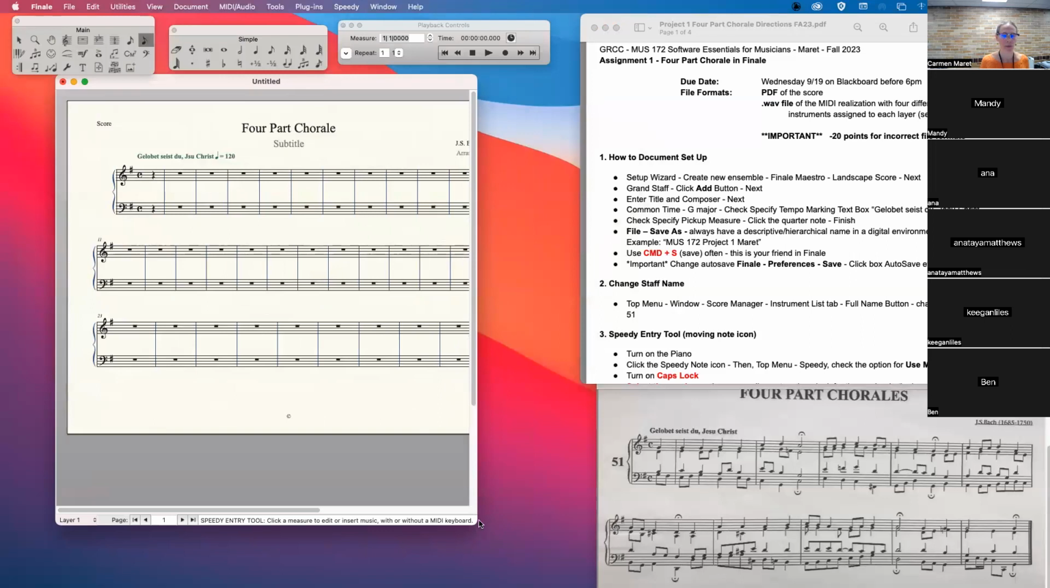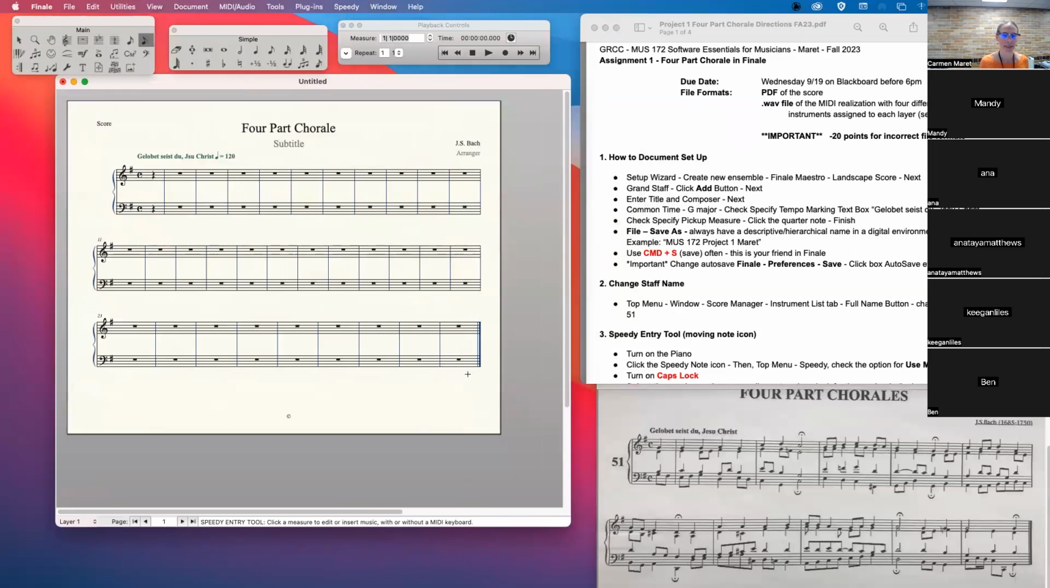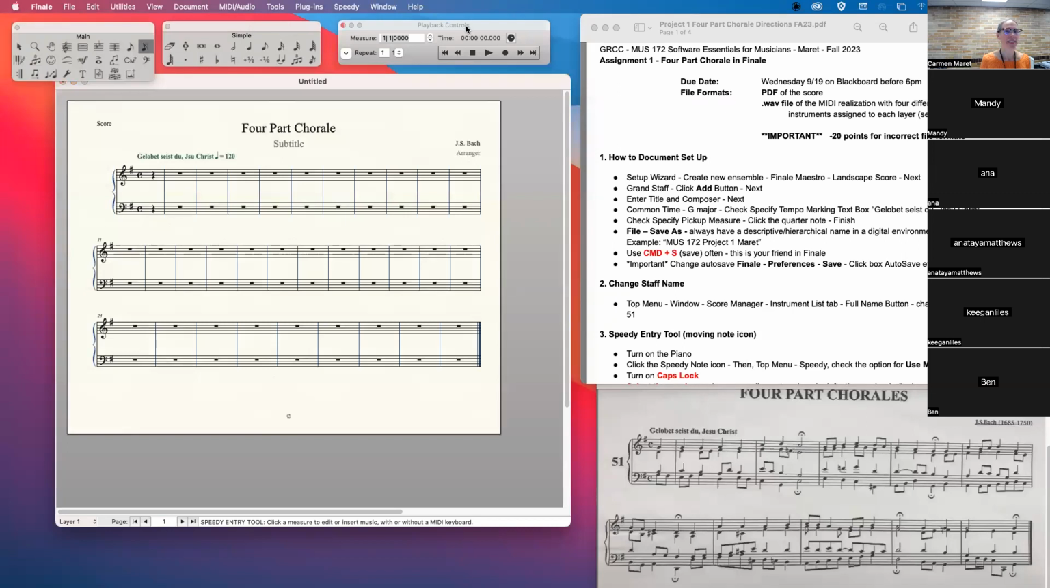Yay, we have our blank score. And this arrow tool, so this is our tool palettes. There's a little palette up here of stuff, and then simple entry, and then this is our playback controls. This arrow tool is,